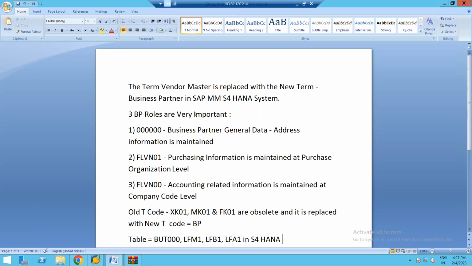system. And there are three business partner roles that are very important. The first role is 000, that is 6 times 0. This is a BP role which is going to display the address screen, wherein we will maintain the address information such as name of the vendor, address, pin code, postal codes, email facility, fax numbers, telephone numbers, right,